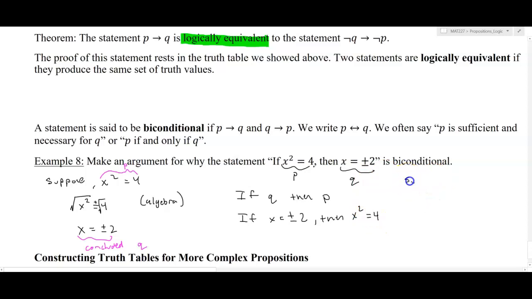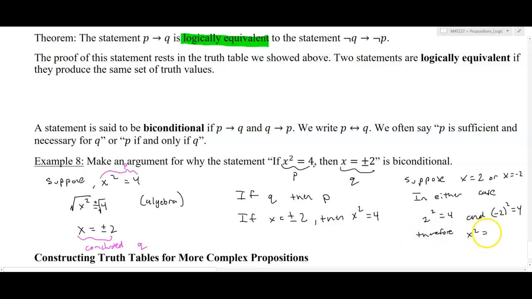So suppose x equals 2 or x equals negative 2. Well, in either case, if I square either of those two values, 2 squared is 4, and negative 2 squared is 4, and that allows us to conclude, therefore,